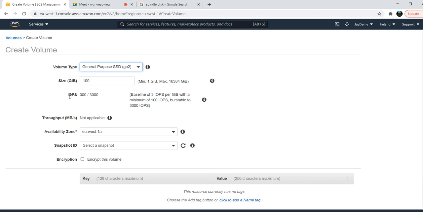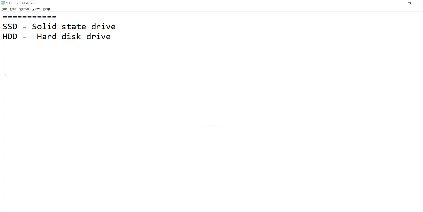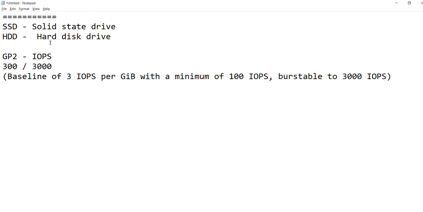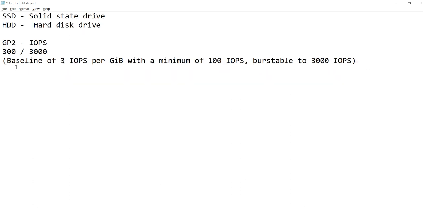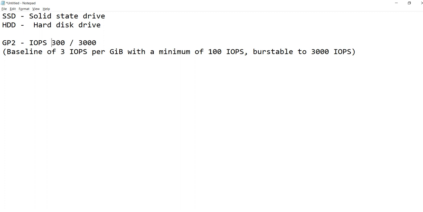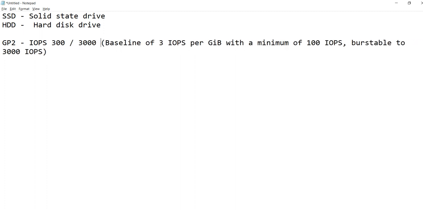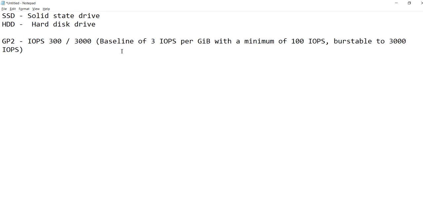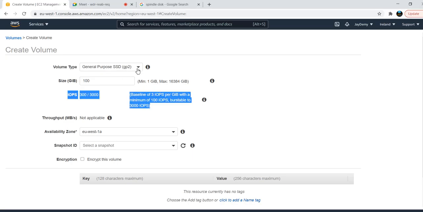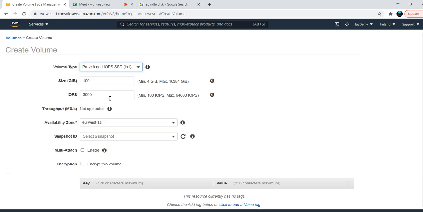GP2. 3000. Next, coming to the IO1. IO1.